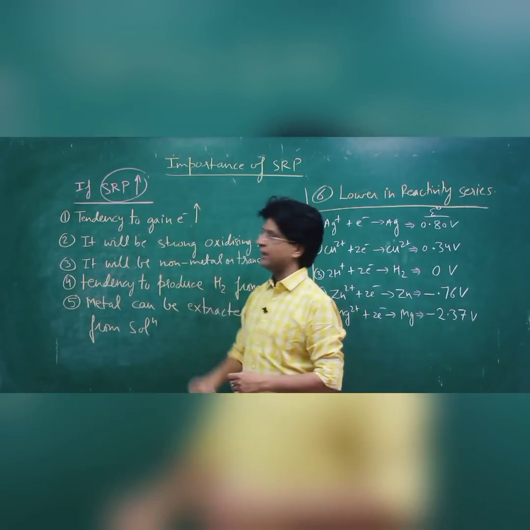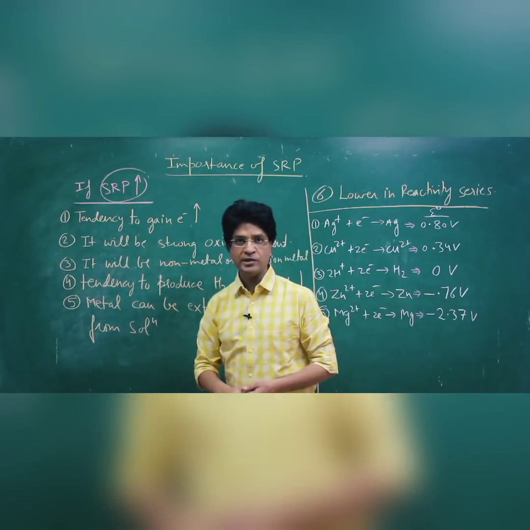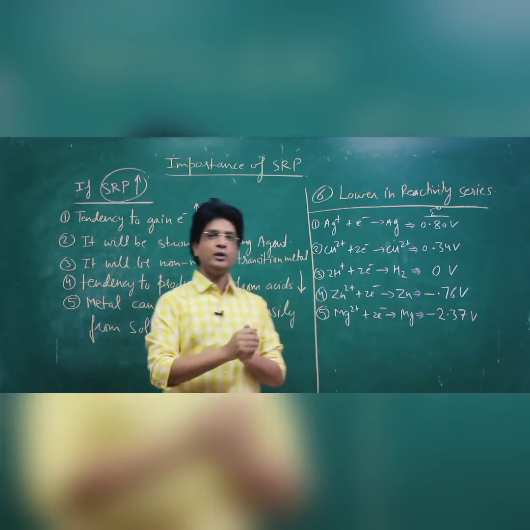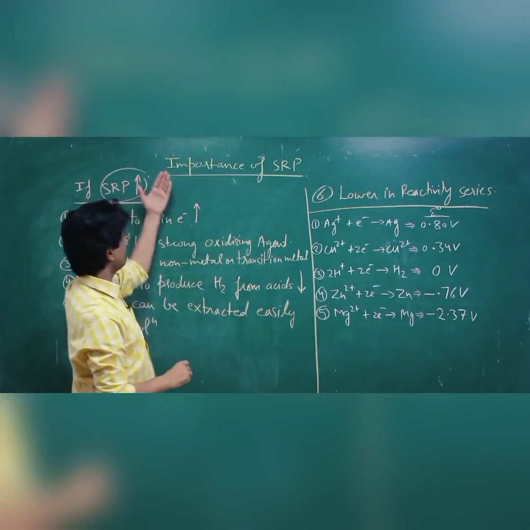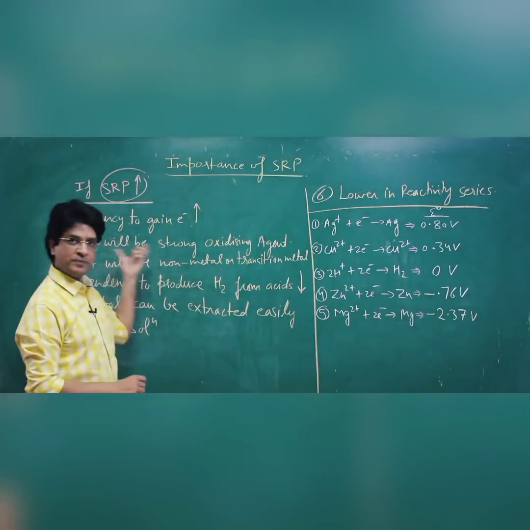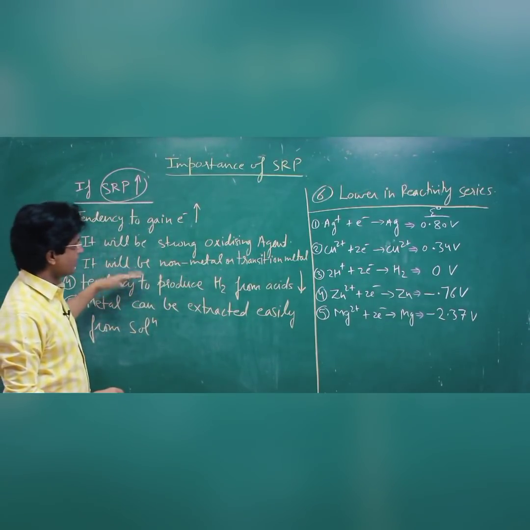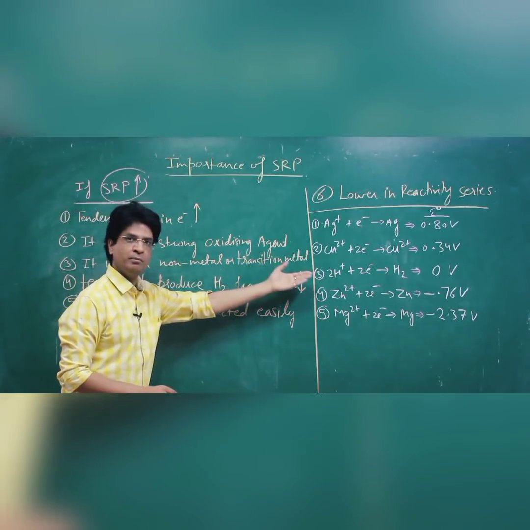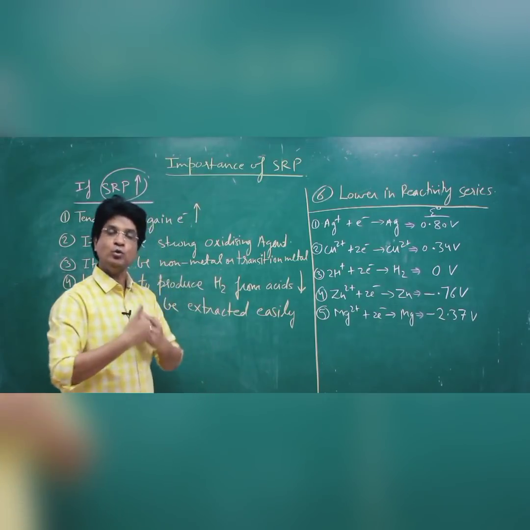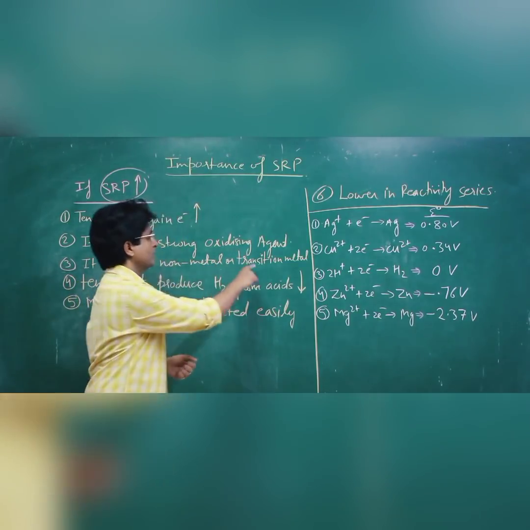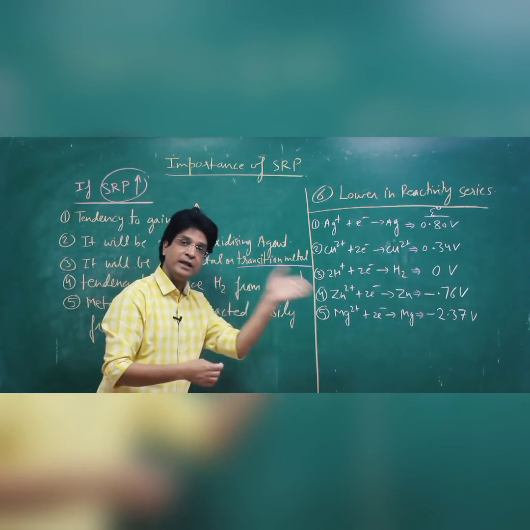And if you are accepting electrons, the chances are great that it will be a strong oxidizing agent. What is a strong oxidizing agent? Any agent which is going to accept electron will be a strong oxidizing agent. So if SRP is higher, the element or substance we are talking about will be a strong oxidizing agent. Third one, the chances are that it will be a non-metal or a transition metal. How? SRP means tendency to accept electron. If you are accepting electrons, who accepts electron? Non-metals or transition metals, important one, because transition metals can accept electron in their vacant d orbitals.